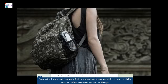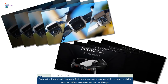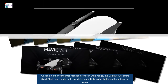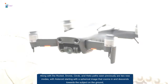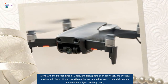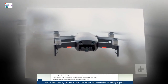Preserving the action and dramatic fast-paced scenes is now possible through its ability to shoot 1080p slow-motion video at 120 fps. As seen in other consumer-focused drones in DJI's range, the DJI Mavic Air offers QuickShot video modes with predetermined flight paths that keep the subject in frame. Along with the Rocket, Dronie, Circle, and Helix paths seen previously are two new modes, with Asteroid starting with a spherical image that zooms in and descends towards the subject on the ground, while Boomerang circles around the subject in